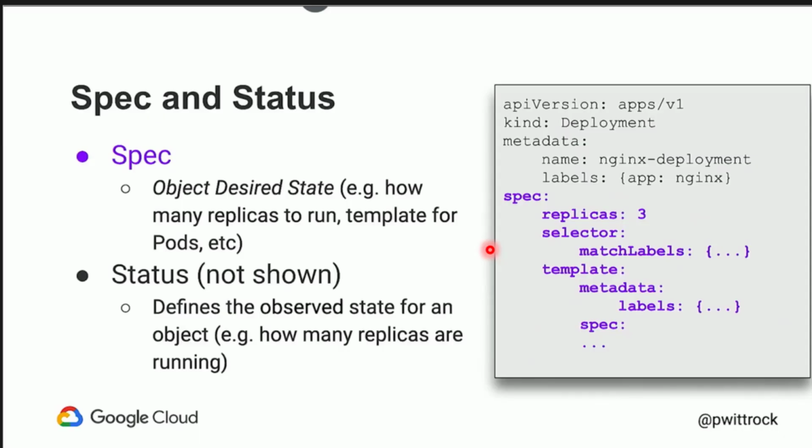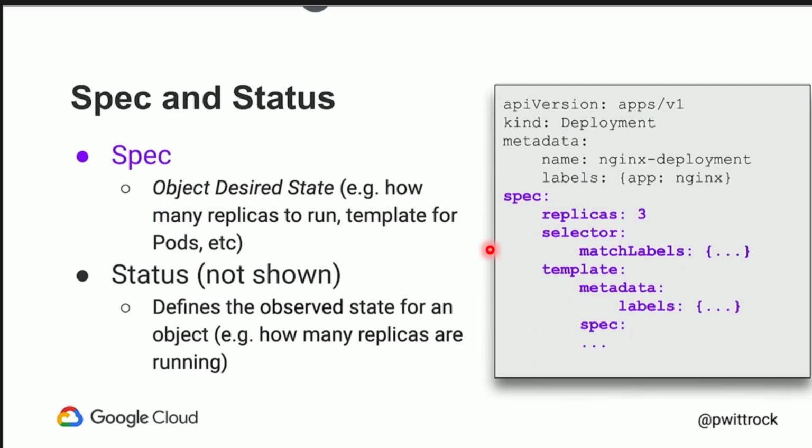So when I say current state and desired state, I mean the spec and status in our resource definition. A spec is the desired state of the resource. Example, suppose I want to create 3 replicas, a template of a pod. So that is what we write in a spec, right? Which we configure in our resource.